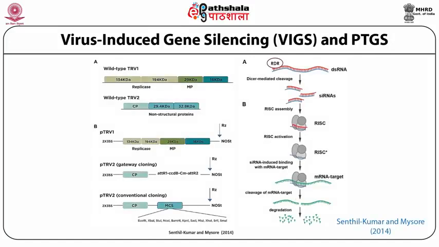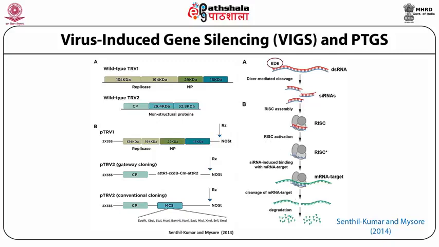Another system which is used to silence a gene is virus-induced gene silencing. This is another form of post-transcriptional gene silencing. Here, the viral genome is used to silence the genes. On the left side of this slide are shown two vectors, TRV1 and TRV2, from tobacco